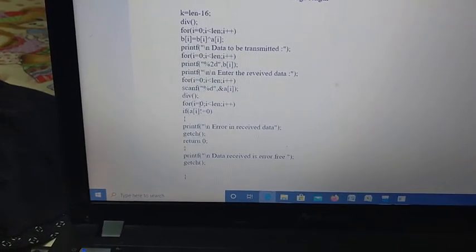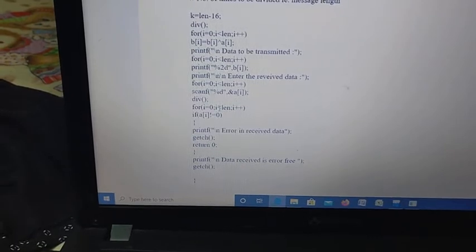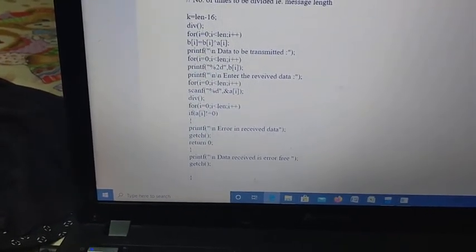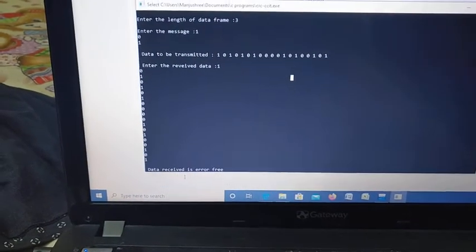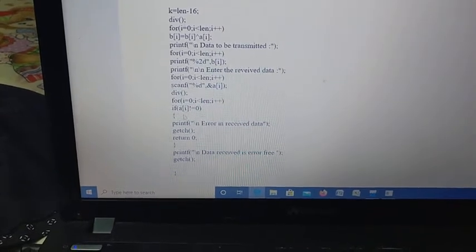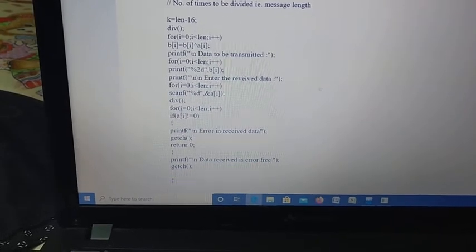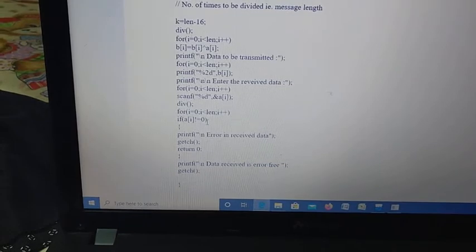So for i equal to 0, 0 is less than len, it is 3. Now whatever data was typed by me is compared continuously. The comparison checks all the memory locations, a of 0, a of 1, a of 2, whether each is equal to 0 or not equal to 0.